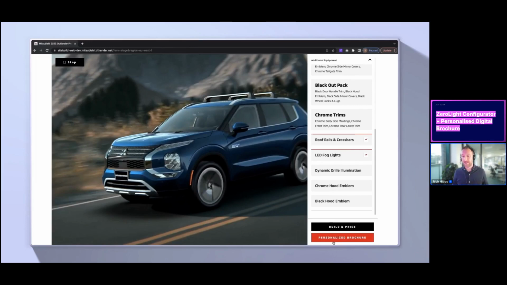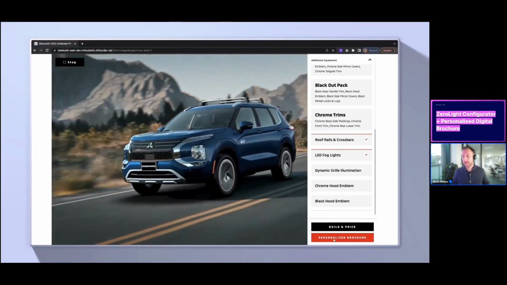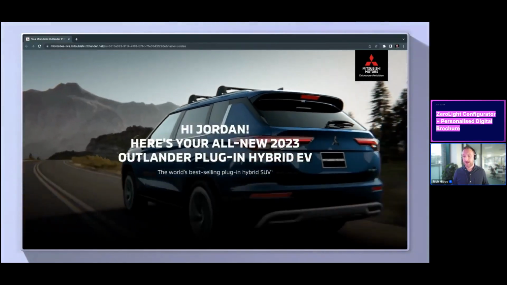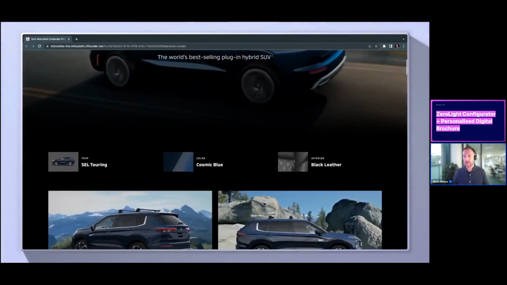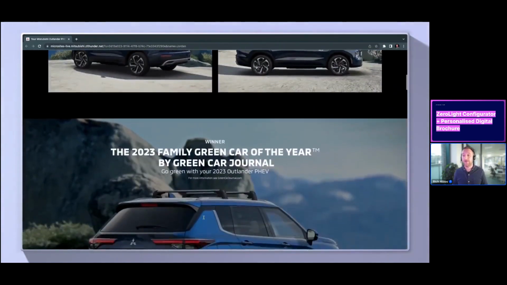What happens here with a personalized brochure is they can click this button, and then the configurator sends the configuration code to Spotlight Suite, and it starts to generate this microsite for them. So we request a personalized brochure, and that's what you're seeing here. It's a microsite, a web page that has now been emailed out or sent to the customer, and it's personalized. It's got the customer's name on. And everything in here is to the configuration of the vehicle they were looking at.